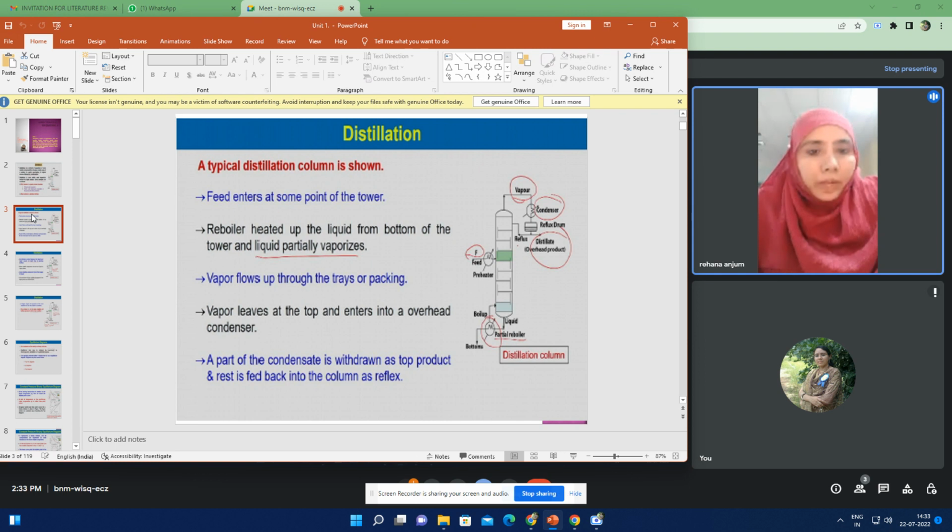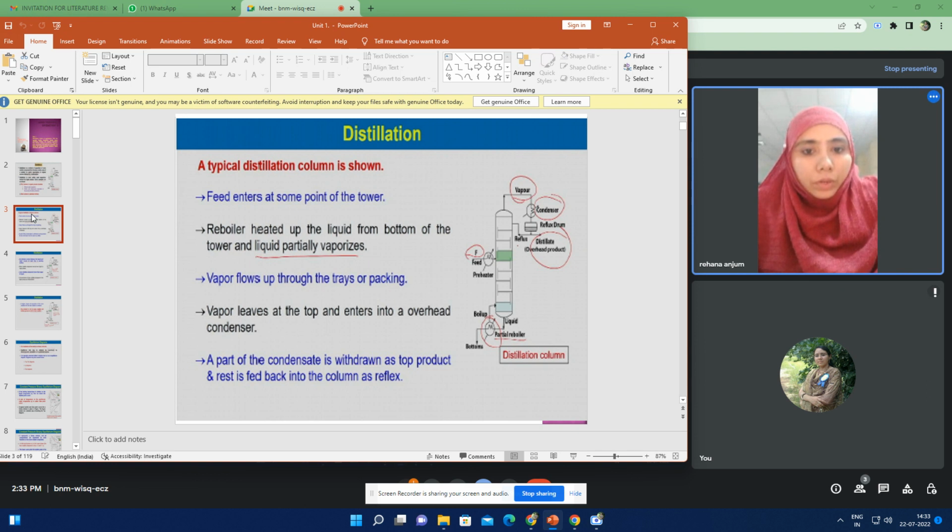This is a tray column that is shown here. The column may also be a packed tower, but in the case of a tray tower, as shown over here, the feed enters at some point of the tower. You can see over here, the feed is entered at some point of the column, and then